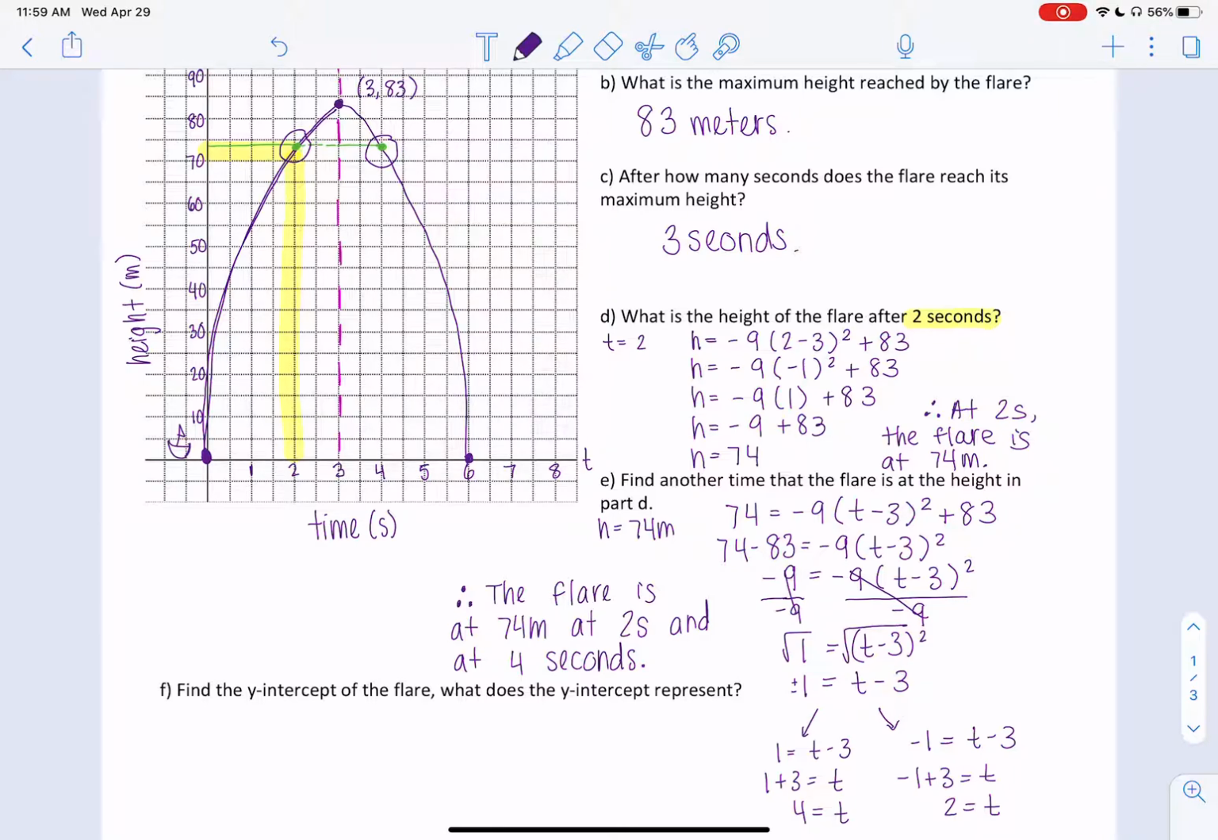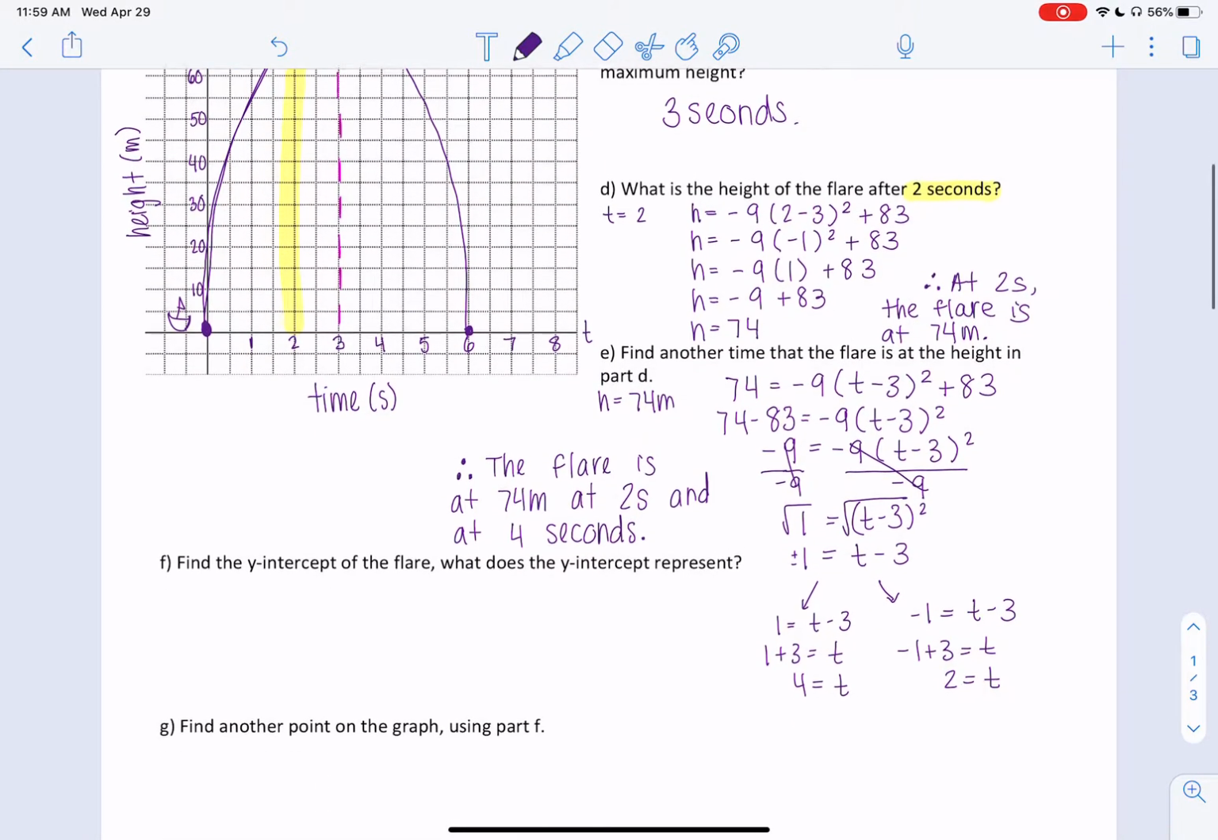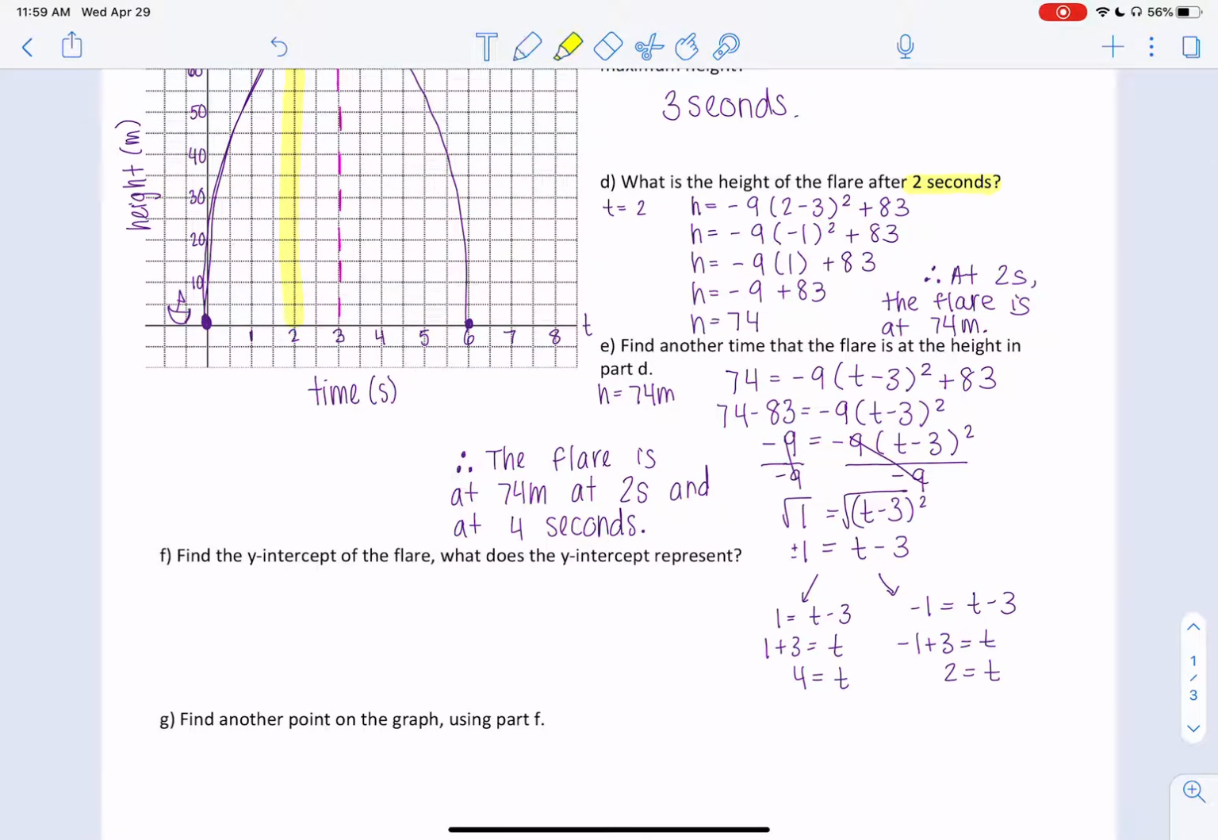Next, we're going to find our y-intercept. So what we're going to do is our y-intercept happens along this line here. So we're trying to find out when it hits that pink line. So to find a y-intercept, we're going to sub in x equals 0. Or in this case, we're going to sub in t equals 0. So we have h equals -9(0 - 3)² + 83. First, we deal with the brackets, then our exponents,